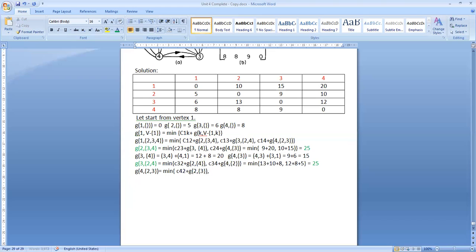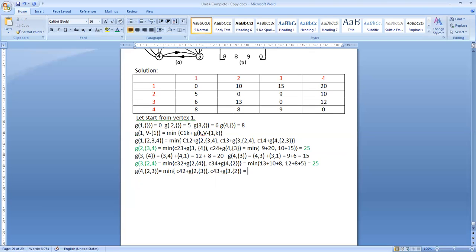So C4,3 plus G of from vertex 3 I should go to the vertex 2, G(3, {2}),